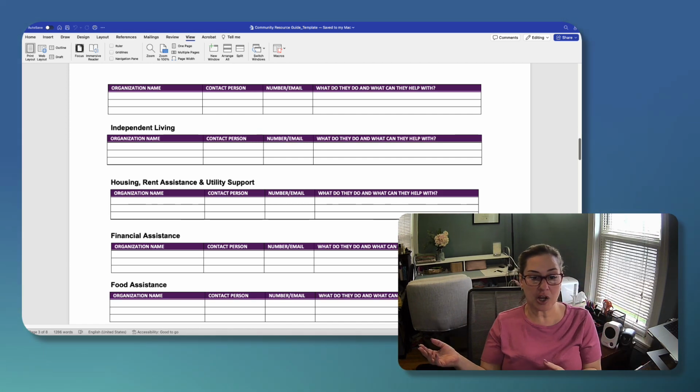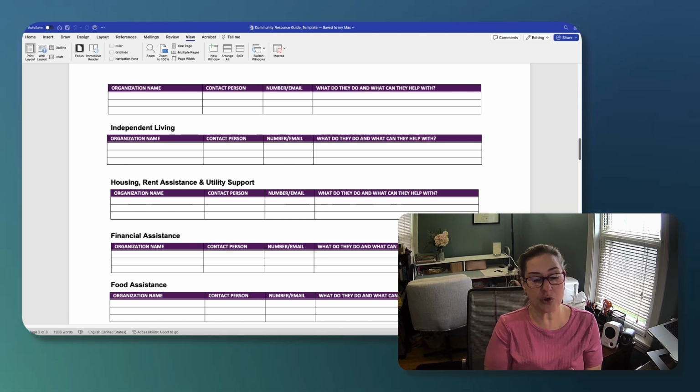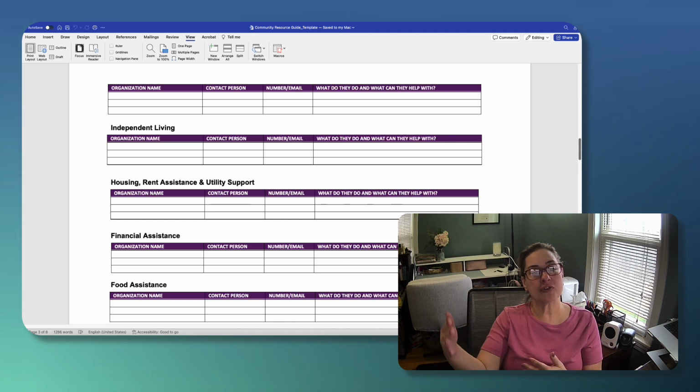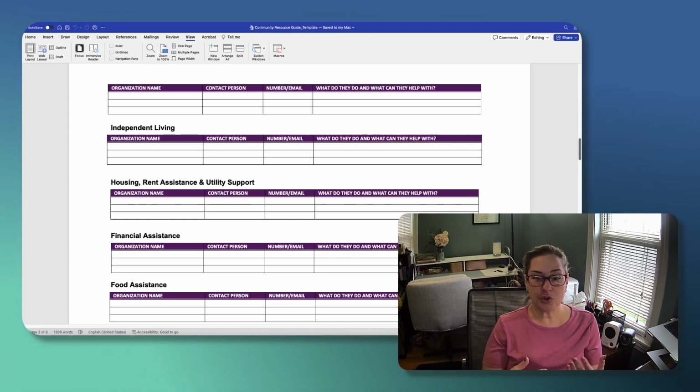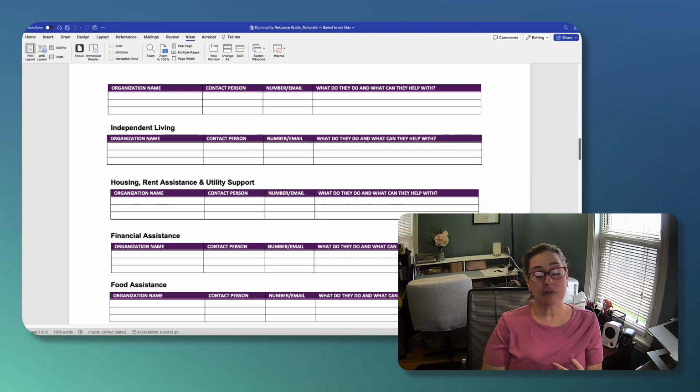So finding a new job is great, but they also might be in danger of being evicted. So priorities, you need to make sure that they're out of crisis first before you look at other parts of a long-term plan. So you might want to connect them with some of these emergency support services to make sure that their lights don't get turned off, or that they're not evicted from their apartment, or that their house doesn't fall into foreclosure. Any number of things.